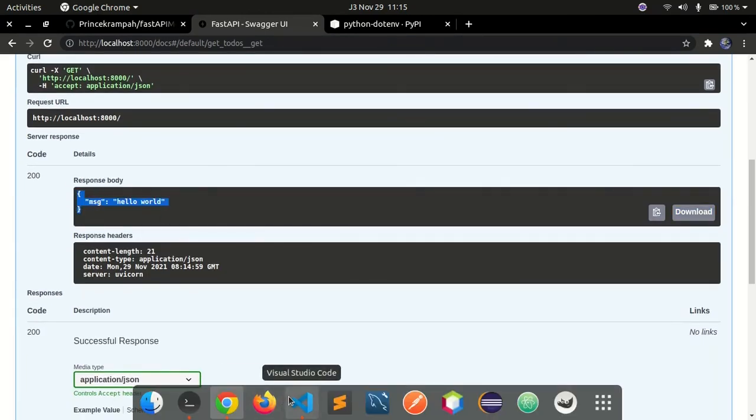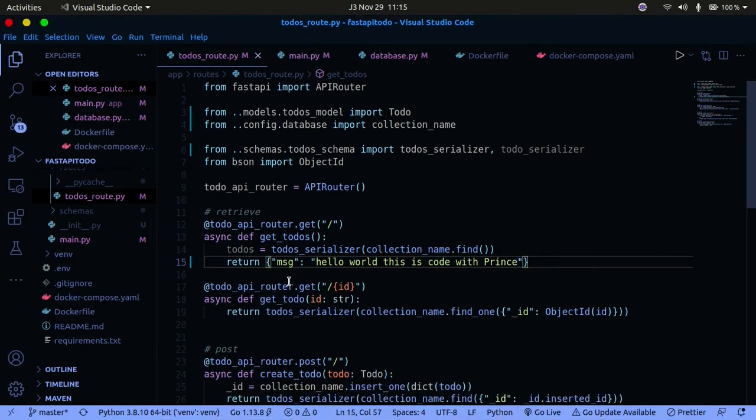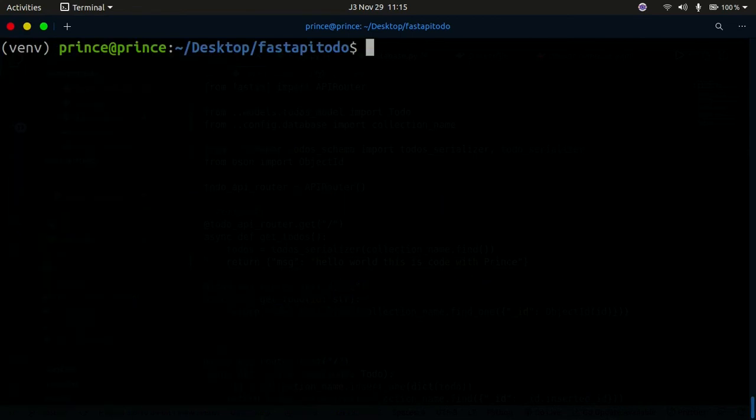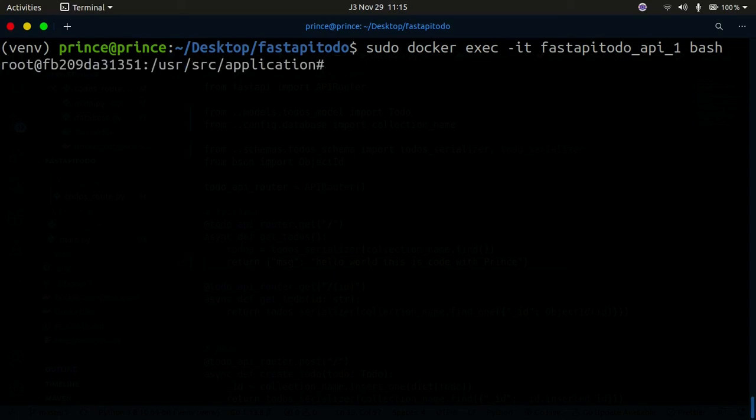It means that it does not keep track of the changes despite having a bind mount. Does it really keep track of the changes? Let's find out. I'm going to create a terminal and type in this command so we can go into the Docker container. So sudo docker exec, and I'm going to execute it in interactive mode, IT, and then FastAPI todo_api_1, which is the name of the Docker container, and then bash. We need to go into the bash terminal of this Docker container. So let's run this and see if we get access. So we are in,